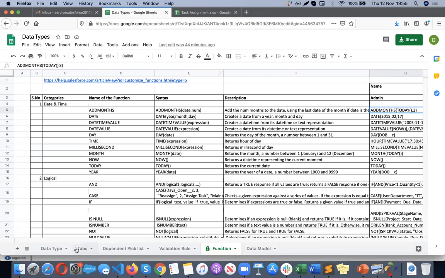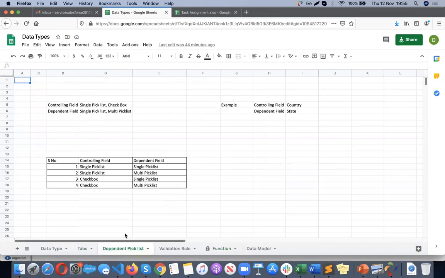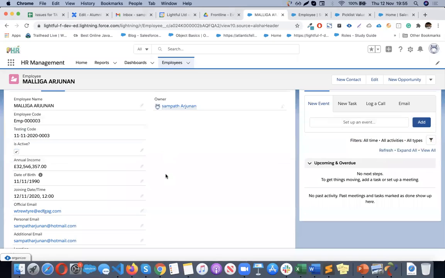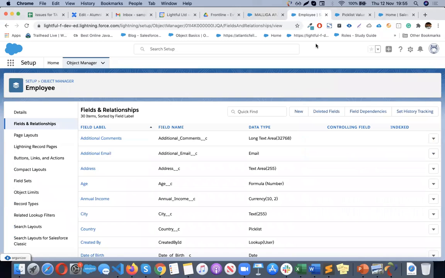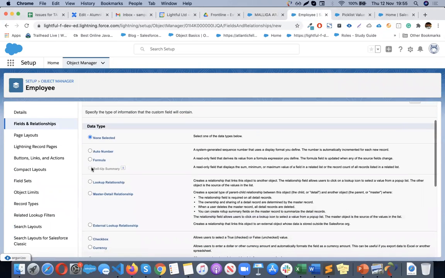Today my target is to finish all the data types. I don't think I can finish the dependent relationship field, but the relationship field is very important, so I will cover the relationship tomorrow, I think. Let's move on to the next data type, which is the roll-up summary field. The roll-up summary field is not enabled at the moment because